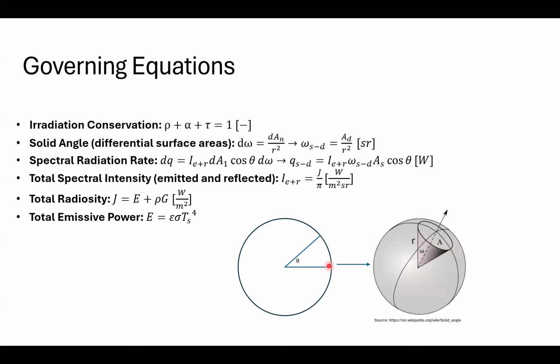And so that angle right here is given in radians, and a steradian, on the other hand, is a three-dimensional counterpart, I guess you could say, to a radian. And a steradian is the solid angle where the surface area of a three-dimensional sphere is equal to the sphere's radius squared. And so you might be asking, what is a solid angle? And a solid angle is basically just a measure of the amount of the field of vision that an object observes,